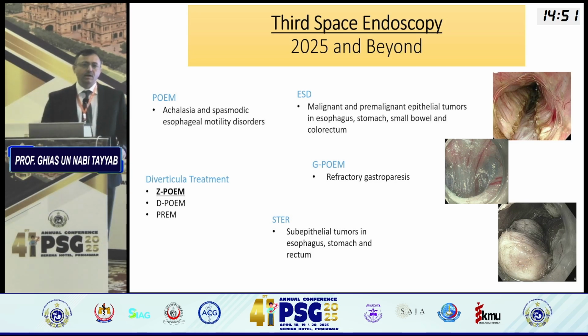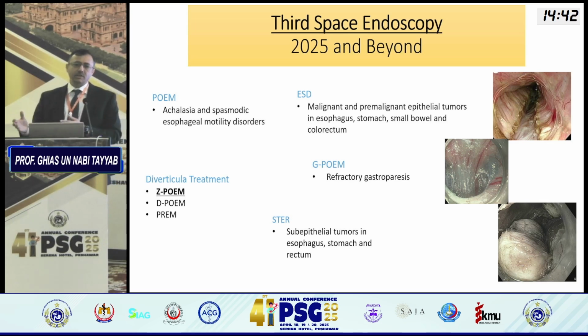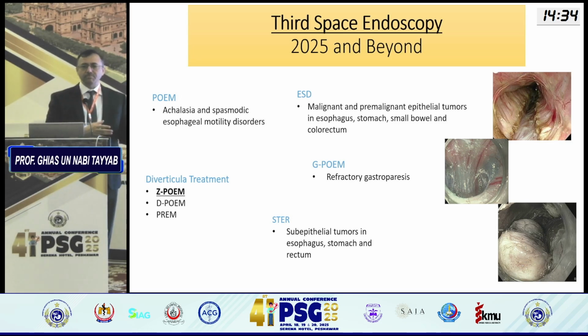And the extension of POEM, now we're doing gastric POEM in people who are suffering from gastroparesis. Yesterday, Professor Javed Farooqi was talking about functional dyspepsia. The worst form of functional dyspepsia is idiopathic gastroparesis, may it be a diabetic person or otherwise idiopathic gastroparesis. When the medicines fail, obviously endoscopic therapy comes. And endoscopic pyloromyotomy has again revolutionized the treatment of functional dyspepsia.